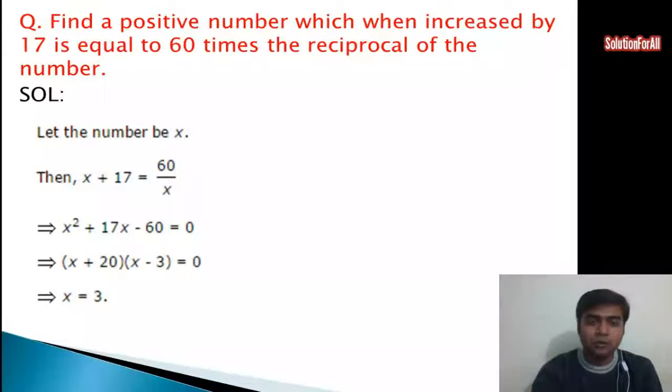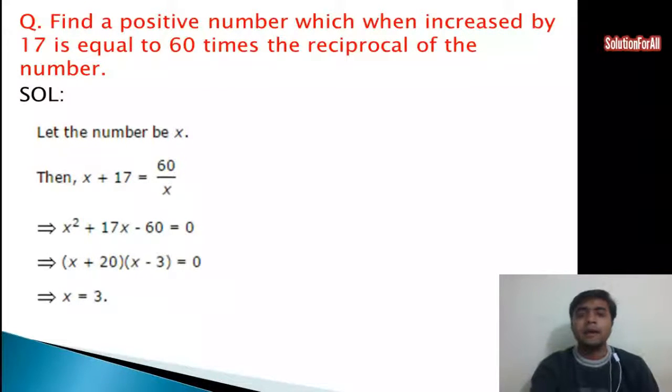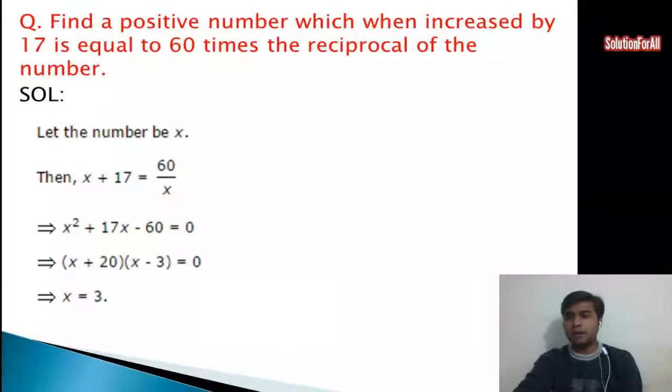Now we'll proceed to the fourth question. The fourth question is find a positive number. This is the question of fourth type. These are the questions which are regularly asked in the examination, and these questions I have taken from the question papers of some reputed companies, aptitude questions, or some of the competitive exams. Like I have taken the last sum from the GATE exam actually.